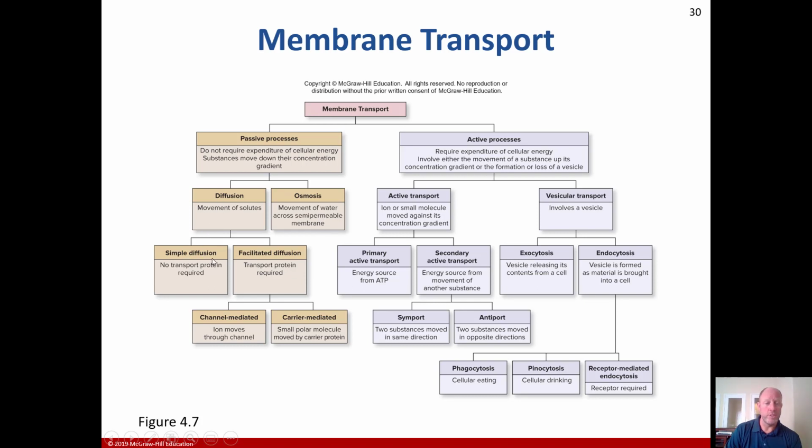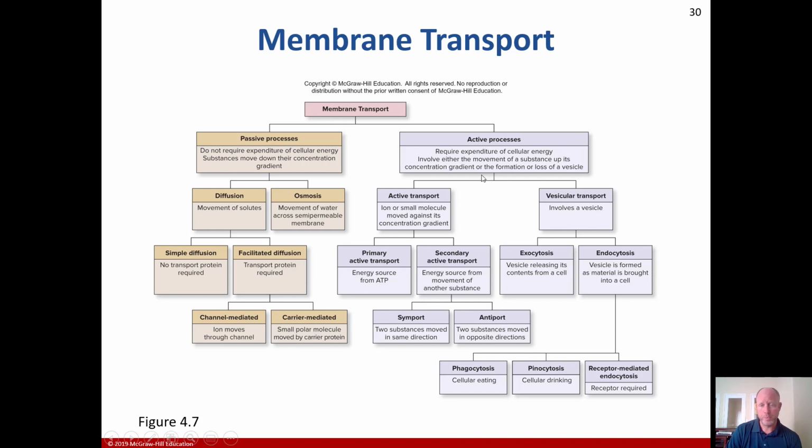As far as diffusion goes, there are two categories: simple and facilitated diffusion. In simple diffusion, no transport protein is required for the transport. In facilitated diffusion, transport proteins are required. And facilitated diffusion has two categories, channel-mediated and carrier-mediated. In channel-mediated, ions move through the channel, and in carrier-mediated, small polar molecules are moved by the